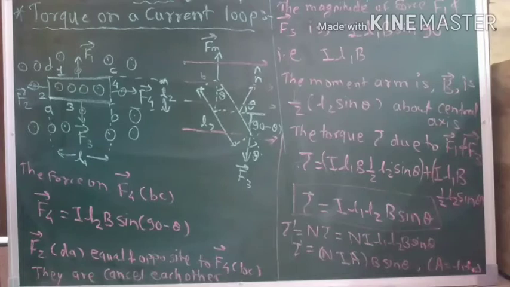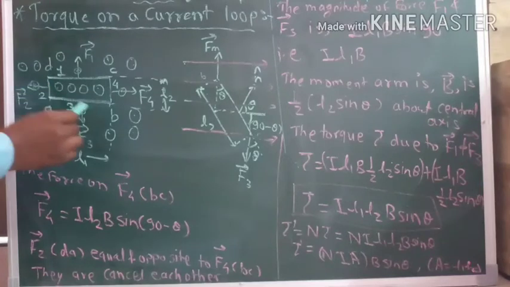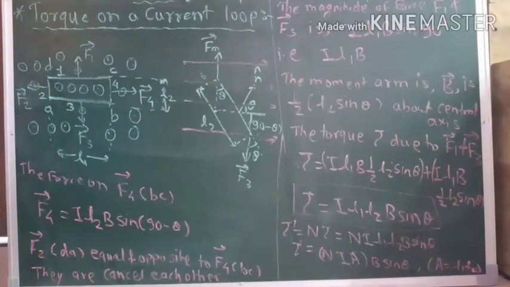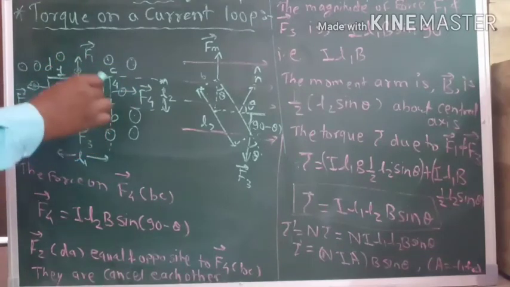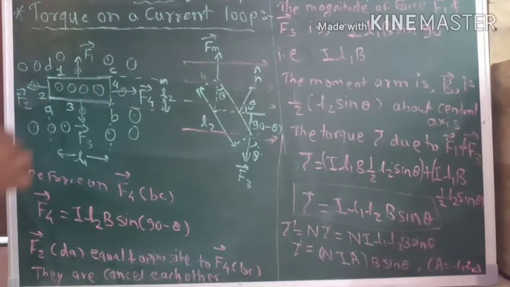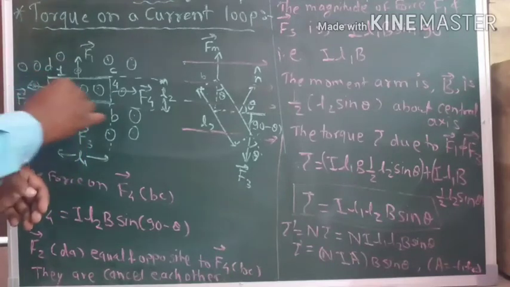Therefore the torque is produced. Magnetic forces are produced which are opposite to each other. Suppose this rectangular loop is A, B, C and D, this is the rectangular loop in the motor, and these are the magnetic field. This rectangular loop is placed in the magnetic field, and it rotates on its own axis.